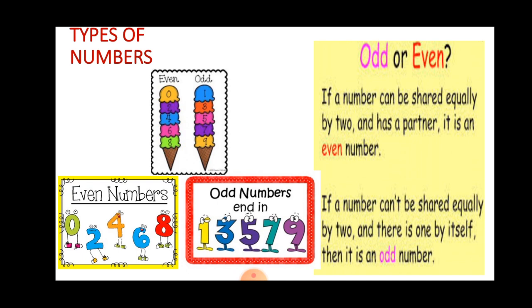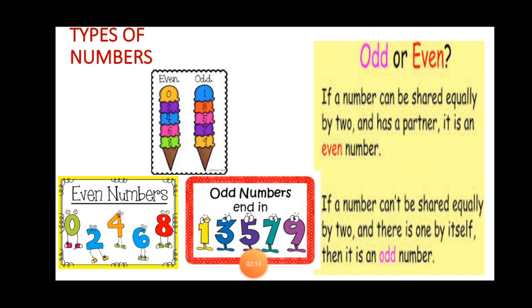Now let's take the number 3. This time we have 3 donuts with us and we want to share these 3 donuts equally among 2 people. You will find that while sharing these 3 donuts among 2 people as a whole number, only one donut each can be shared equally and we will be left with 1 donut. That one remaining donut cannot be shared equally among 2 people as a whole number. So in such a case, when a number cannot be shared equally by 2 and we are left with some remainder, that number is termed as an odd number.